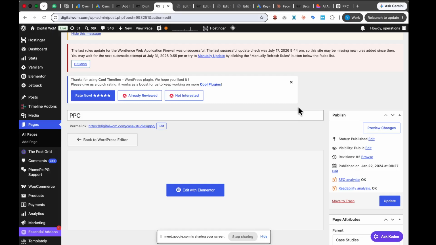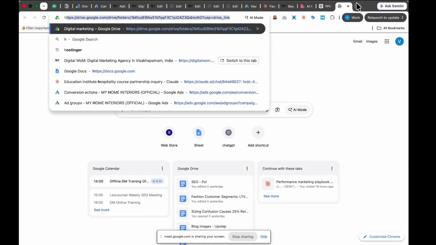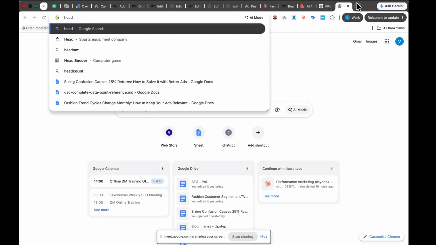Is this clear? Did you understand? Like about H1 and H2, can you explain? Yeah, H1 and H2, basically this we call a heading structure, or let me just give you